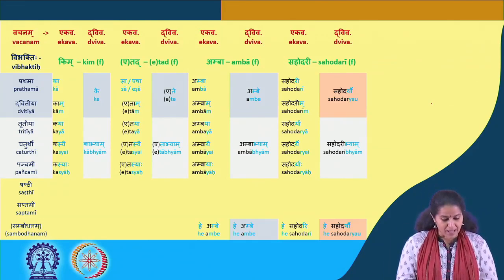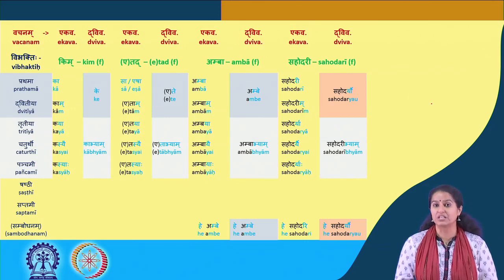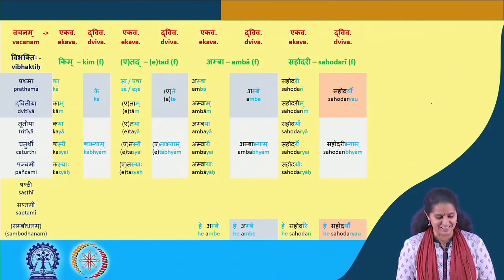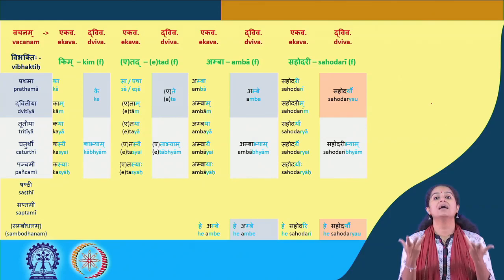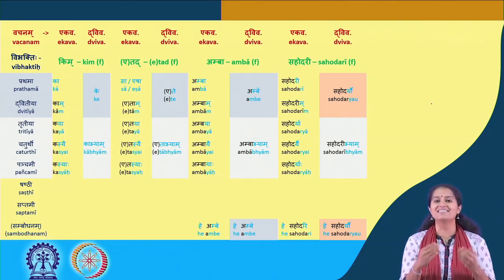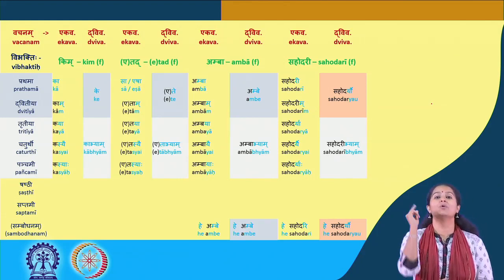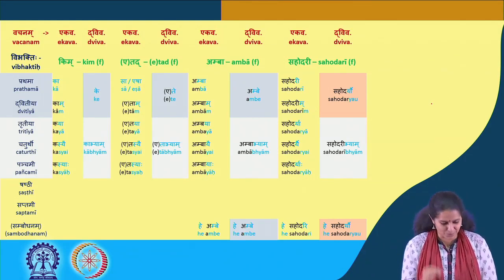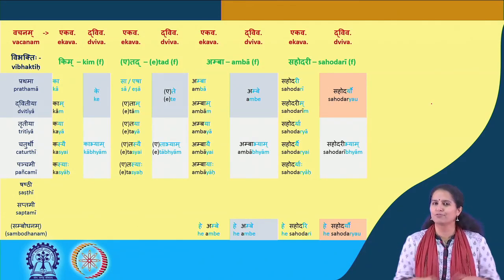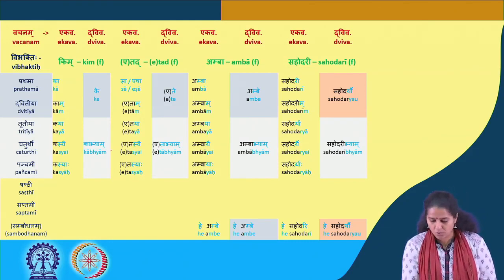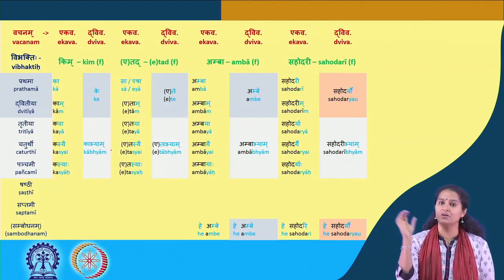Uttamam. Moving on. Kam pashyati. So tam ambam tam sahodarim cha pashyati. Uttamam. Now let's do that in the dual. Ke pashyati. Answer: te ambe te sahodaryau cha pashyati. Uttamam. Third case, so third, fourth, fifth is the same. And what's the good news? As you can see on the board, it is kabhyam, just like in the masculine. So this entire range is just like in the masculine with the bhyam.